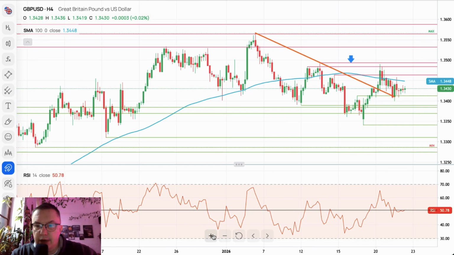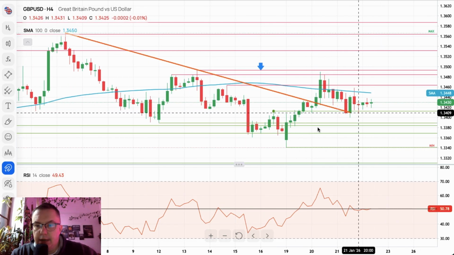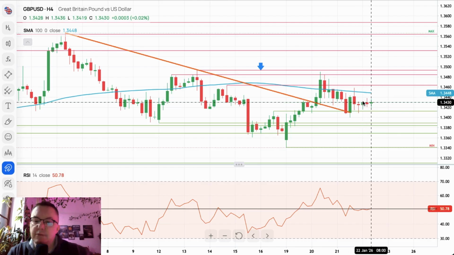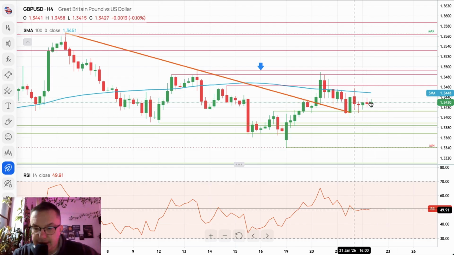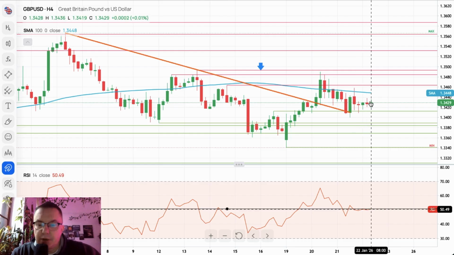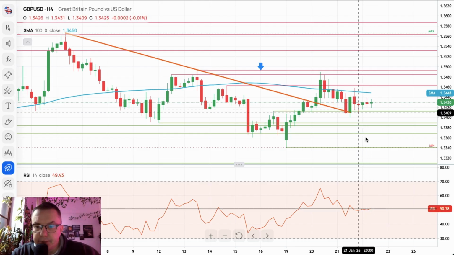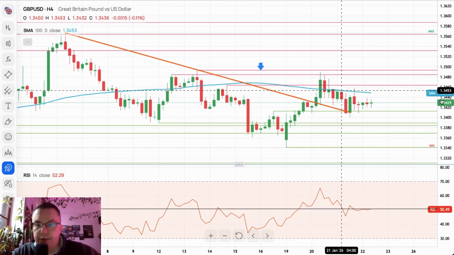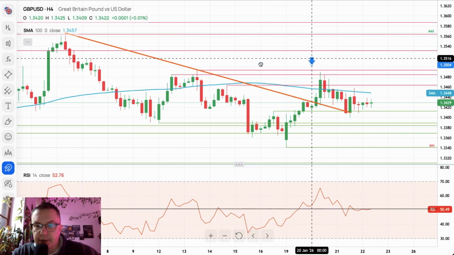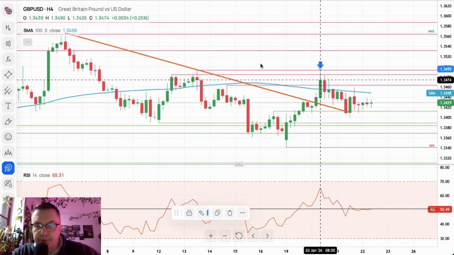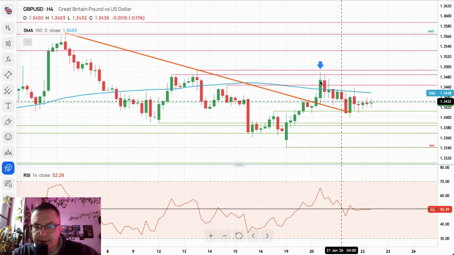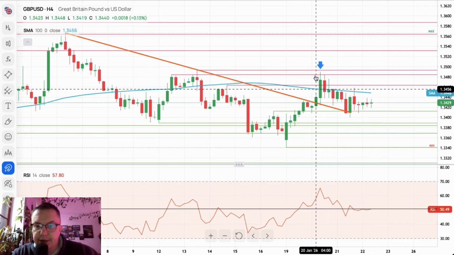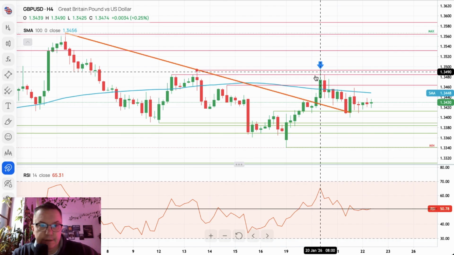Cable situation is way less violent, as you can see the movement up and down, ATR and so on is deteriorating. Even the RSI is almost flat at the level of 50. We are waiting for the breakout, either above the 100 periods moving average, 1.3448, or even above the major technical resistance level, 1.3490. So as long as there is no breakout above this swing high here, we cannot say that the movement is continuing.